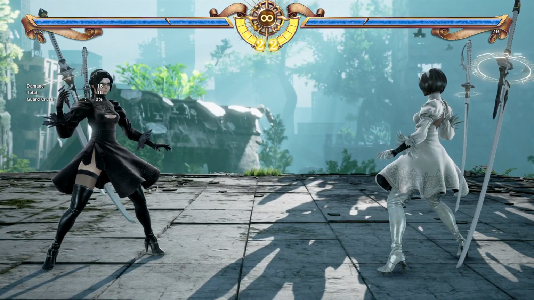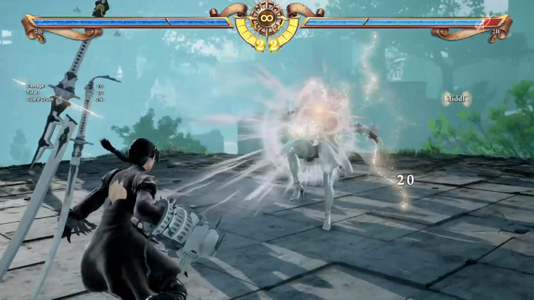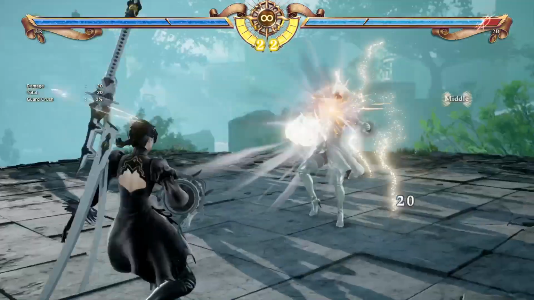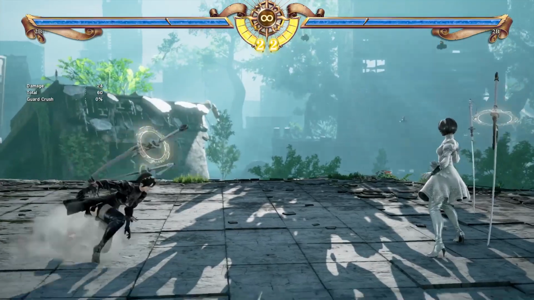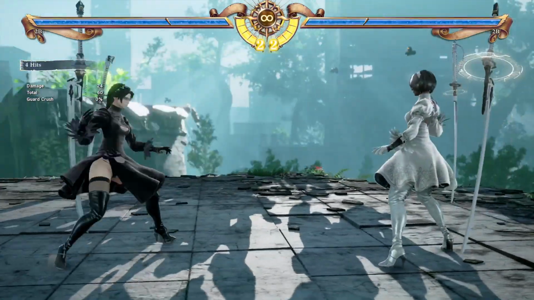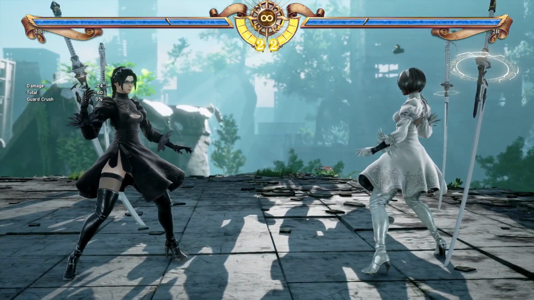A cool thing you actually can do out of aggressive shift is a quarter circle forward B plus K. Eliminating. Then you end up doing a little back step. Eliminating. And you end up getting a 60 damage strike, with a move that has a lot of range on it. Eliminating. It can go almost pretty much across the screen. You can also end up doing that out of the